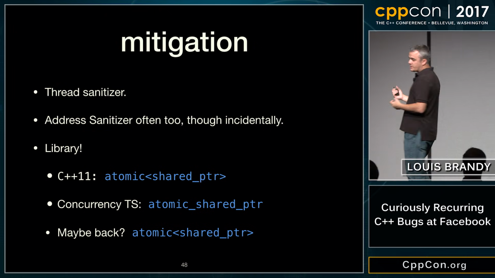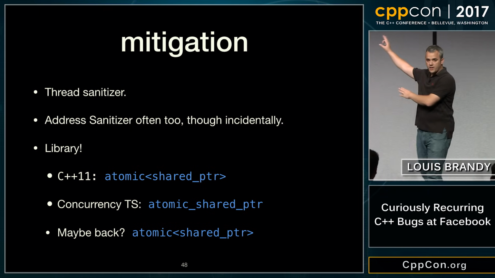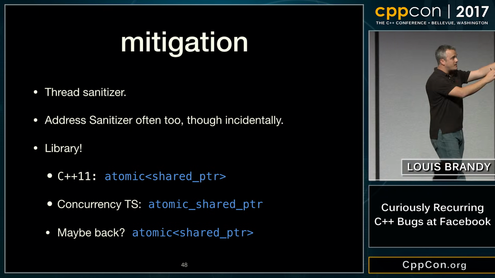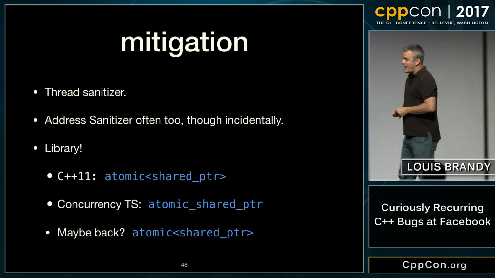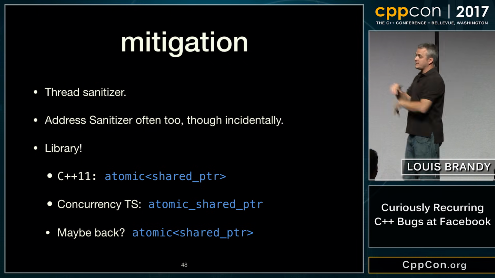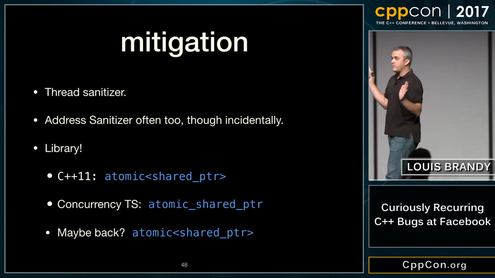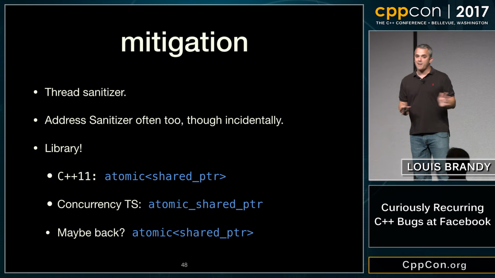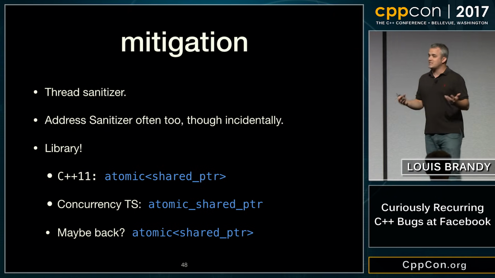I asked someone in SG1. I tend to hang out in the evolution working group of the committee, not really in SG1, which is where they talk about this. I asked, can you give me the history of this? Because I'm going to give a talk, and I'd like to at least tell people what the deal is about atomic shared pointer. And their eyes glazed over, and apparently this is a big, long topic of back and forth about what's going to happen with atomic shared pointer. I don't actually know its current state. I suspect we'll get something like it at some point.